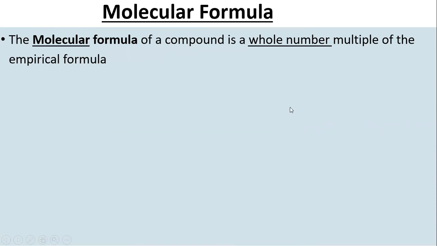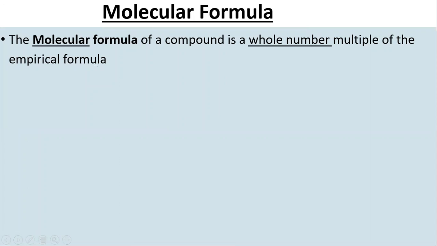So, I will give an example for the assignment. Okay, so next comes the molecular formula. Here, in the empirical formula, we are writing in the simplest ratio form, whereas in the molecular formula we have to multiply, that is, it will be a multiple of the empirical formula. It will be the multiple.